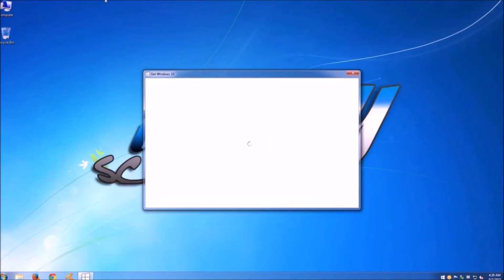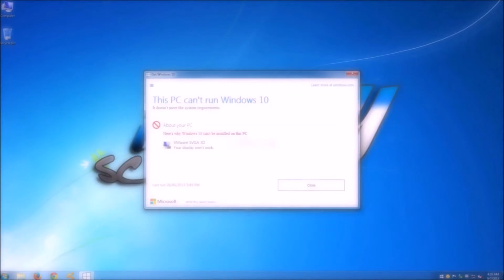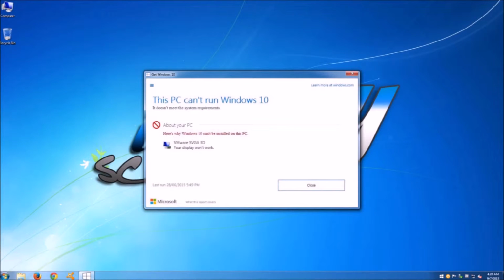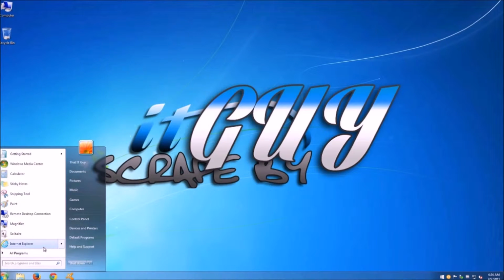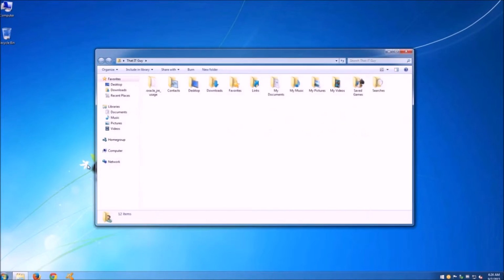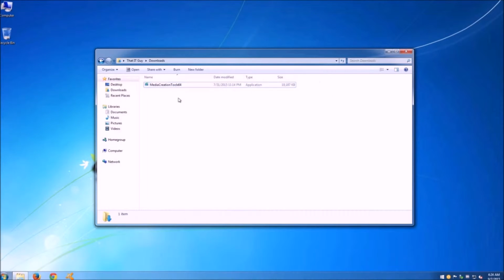Regardless of the case, however, I'll be showing you how to update manually and therefore not having to wait for it to be ready and skipping the compatibility test. The first thing you'll need to do is download the media creation tool. You'll find the download links in the article mentioned in the description for which this video is for. Once downloaded, we open it and remain patient, as it can take some time for it to appear on